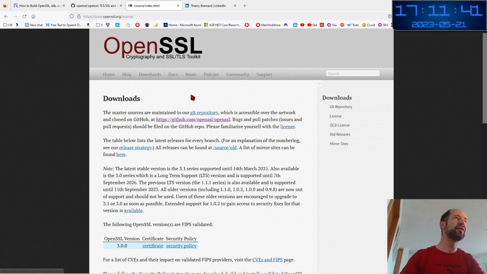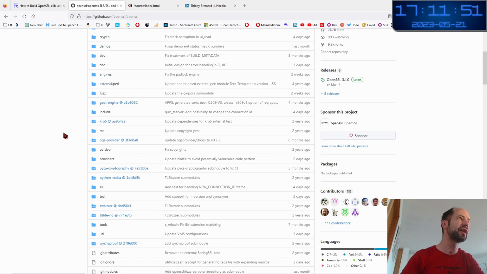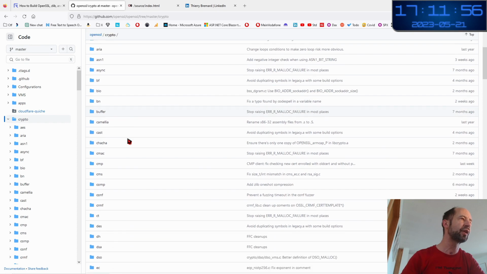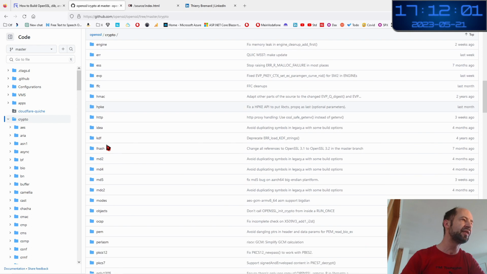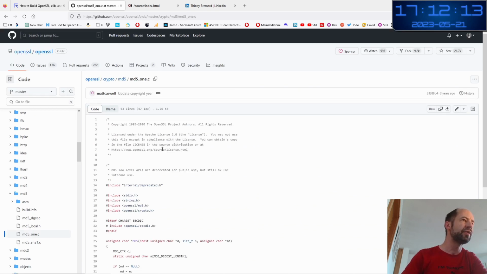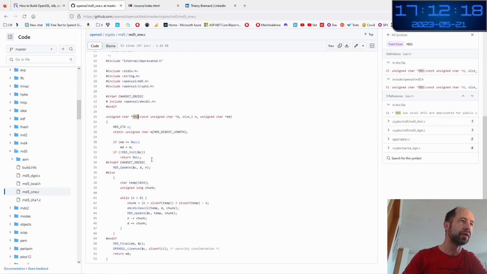So OpenSSL is a standard way to go for different encryption algorithms. There is a GitHub page where you see there is the full source code available. What is great is that in the crypto folder you have the different encryption algorithms like DES, and what interests me for the moment is MD5, even if MD5 is known as being obsolete and should be replaced by SHA-1, the SHA series, or RIPE. For example, here you have a little C code, the MD5 code.